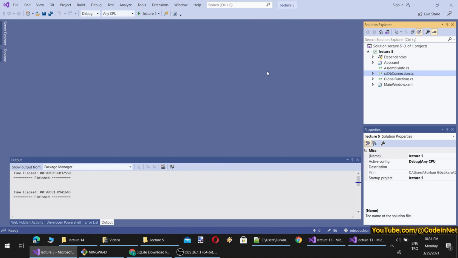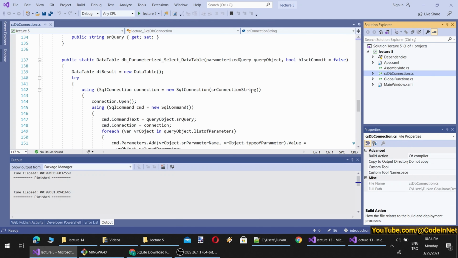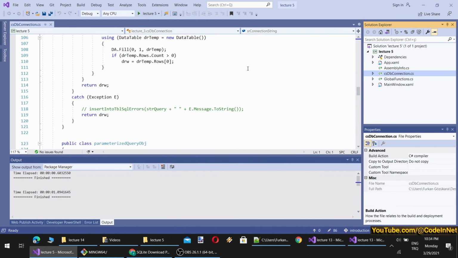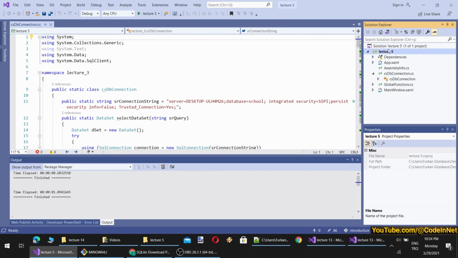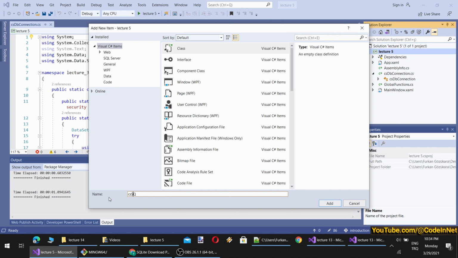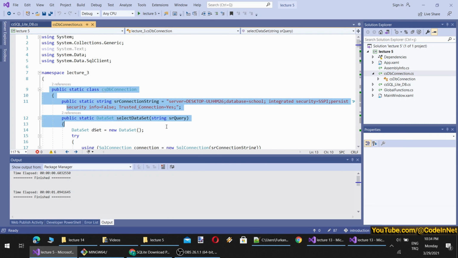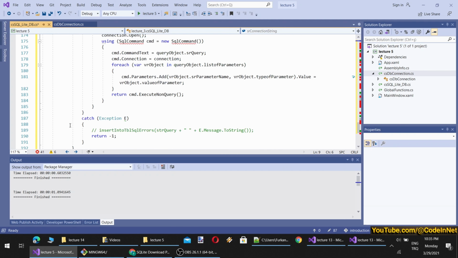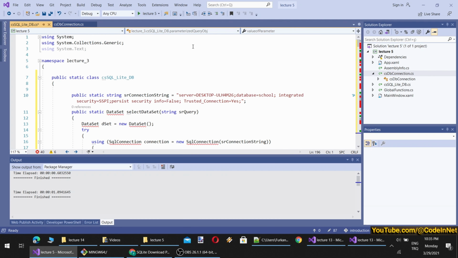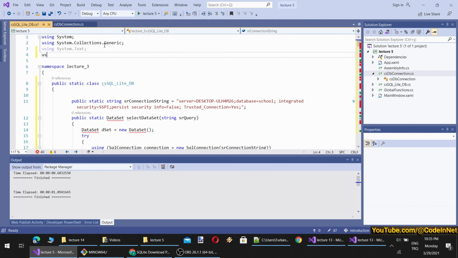As you remember, we have developed a class to handle our database operations. Since SQLite uses the same TSQL format, we can copy and paste this to use it for SQLite. Okay, so let's add a new class to our project. Name it as CS SQLite DB. Okay, it is ready. From here, I will copy and paste everything. We need to get it here, delete this, and delete a curly bracket here. Okay, so what will be the difference? The difference will be using SQLite.